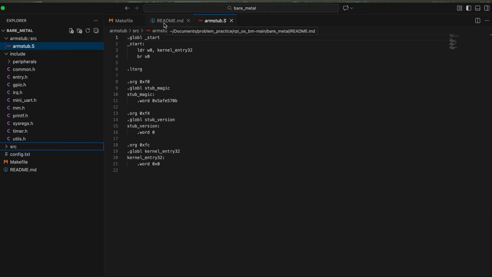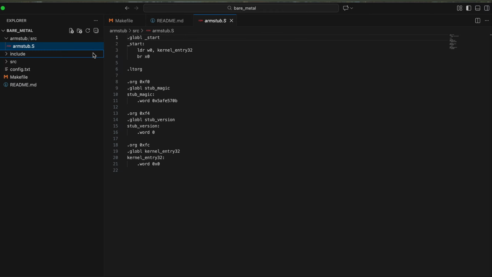by default, if we don't use the arm-stub. Okay, arm-stub is the code which is basically loaded by the GPU firmware, and there is a specific reason for this arm-stub. If we don't use this arm-stub, right, so what happens,